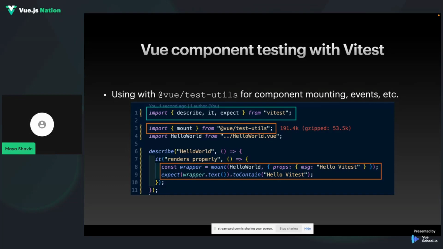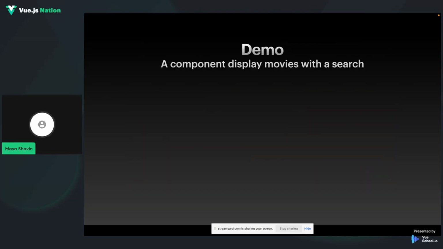learn it. And yes, we are talking about how to use it, but we don't have any demo, we don't see any code, we cannot understand how awesome it is. So in this demo, I'm not going to do coding. I'm sorry, the internet doesn't let me. So in this demo, I'm going to show you how we're going to test a component that displays movies